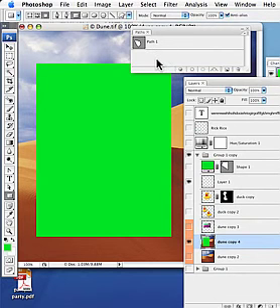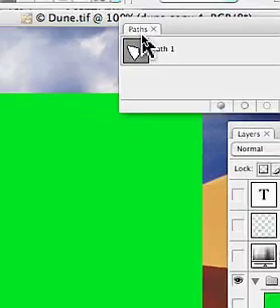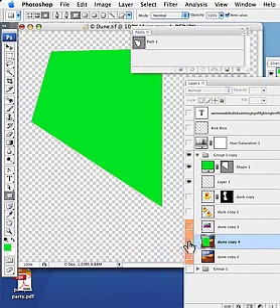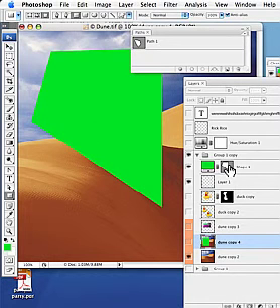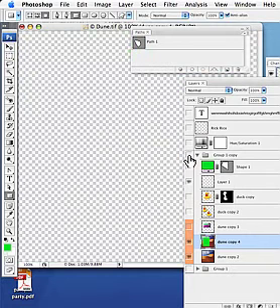This did not show up in the path dialog box, and it is not a path that can be edited like this other one that we created earlier, the shape layer. It doesn't have that flexibility, and so this is literally just a chunk of green pixels that were stuck here,